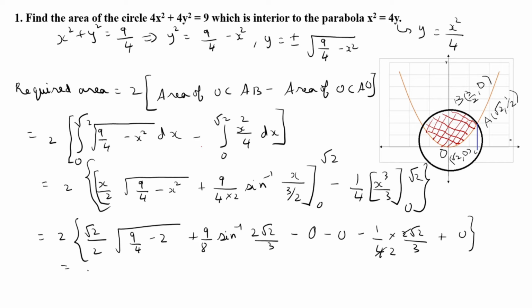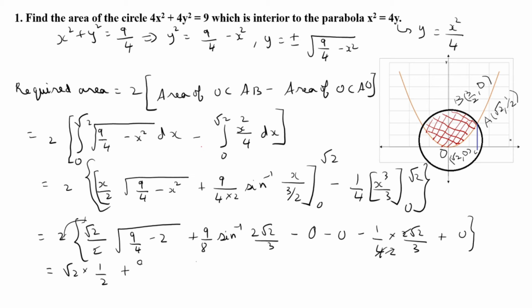So this is equal to root 2 into root of 9 minus 8 by 4 will be root of 1 by 4. Here this 2 will go, and on bringing it inside this 2 will also go. So this is equal to root 2 into root of 1 by 4 is 1 by 2, plus on bringing